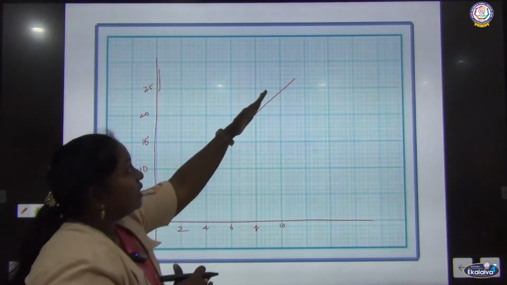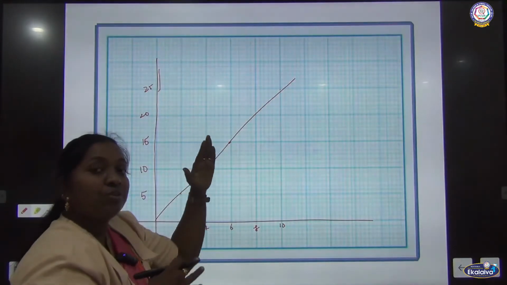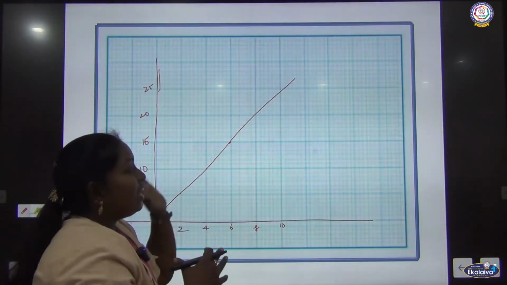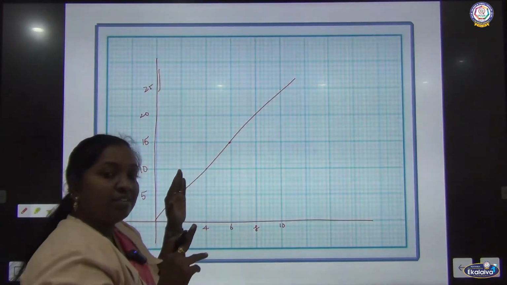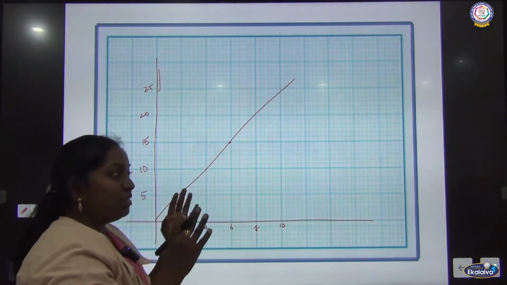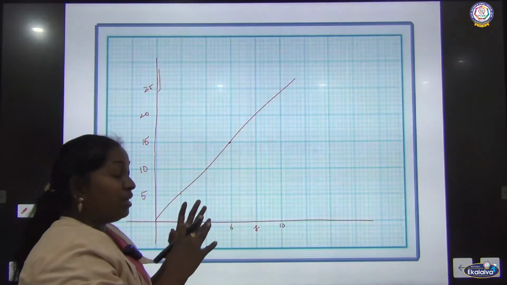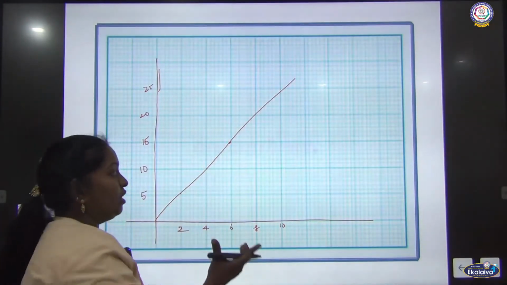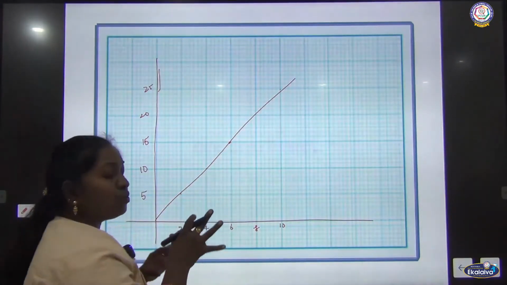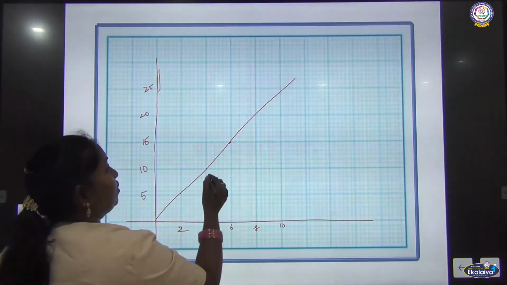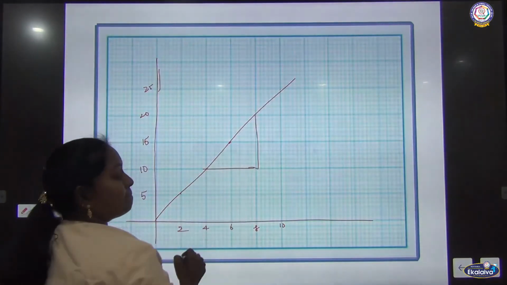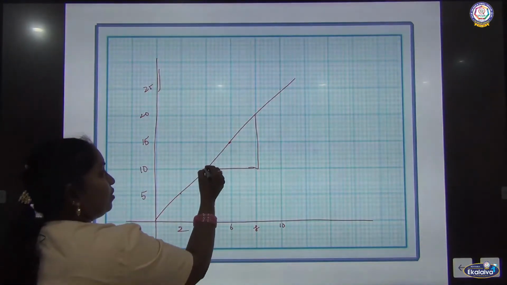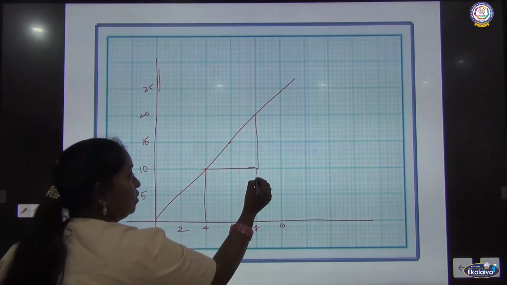Here we got this change because of the change in acceleration, velocity. Velocity is a vector quantity, which means it has magnitude and a change in direction, so that we got a straight line. So through this we are going to learn. Take the slope of this graph. When you take this slope, it will cover a time over here.